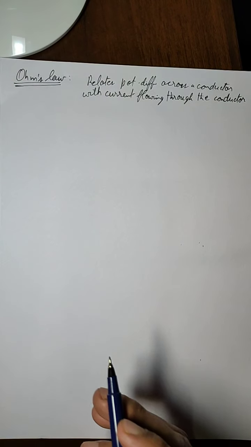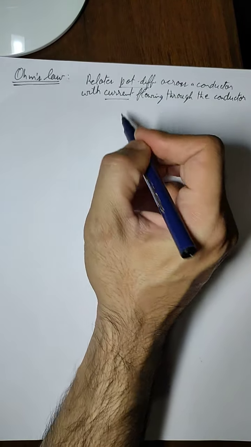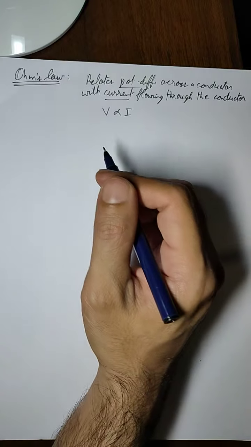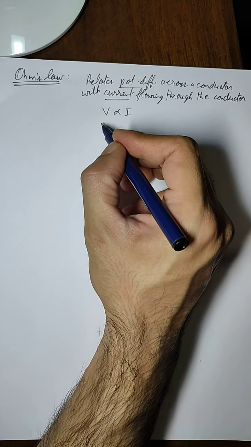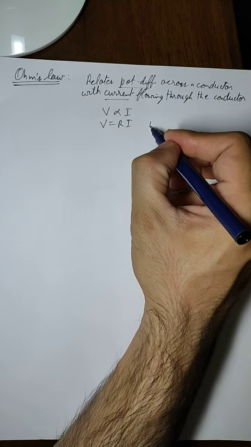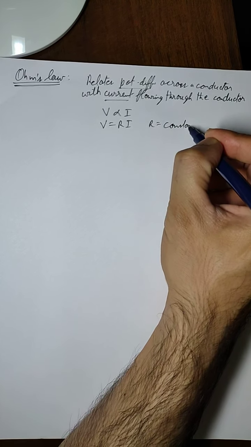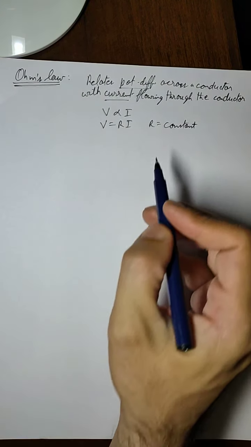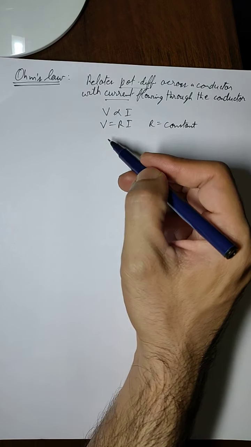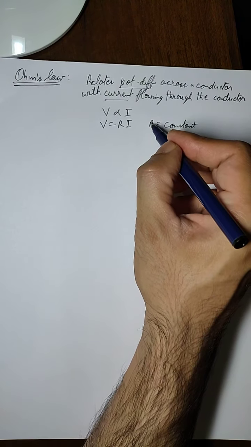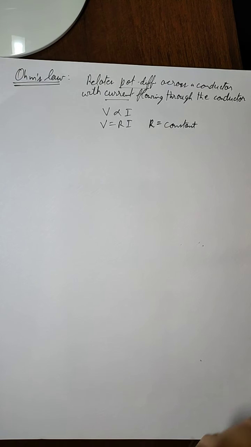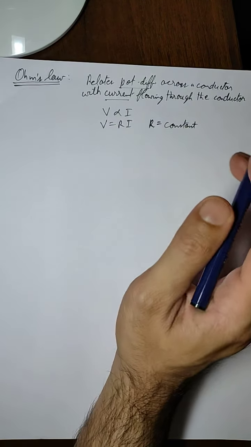And this relation that Ohm's law uses to relate potential difference and current is V is directly proportional to I, where V is the potential difference and I is the current. Now to remove this proportionality, we use a constant R, a proportionality constant. We already know that R is resistance, but we will define resistance further. For now, let us say that R is some proportionality constant. Later on in the video, we will define the properties of R. Now, this is what we have studied in earlier classes.